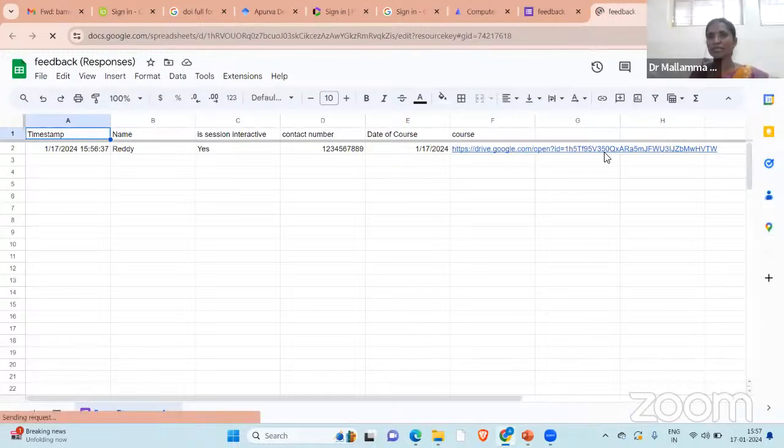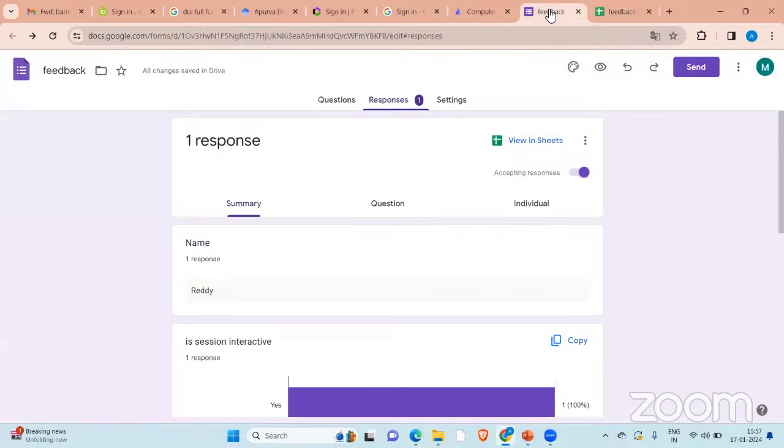This is the date, name, contact number, course, every data is available here. No need to create an Excel sheet, no need to create a pie chart or a bar chart. Interactive sheets are being created. It's visible to everyone? Yes, ma'am. Fine. Now how to share this? That's also important, no?